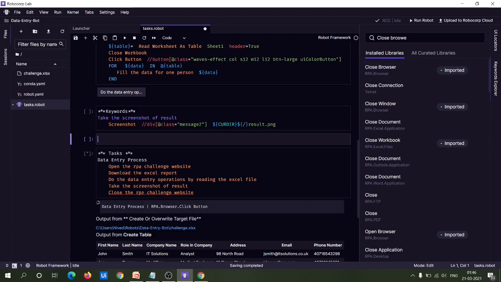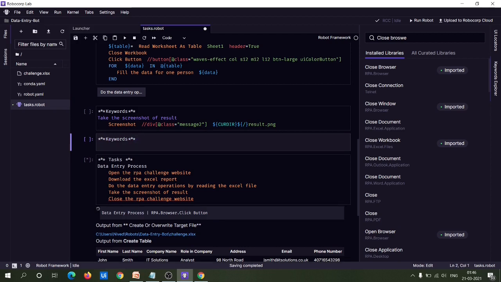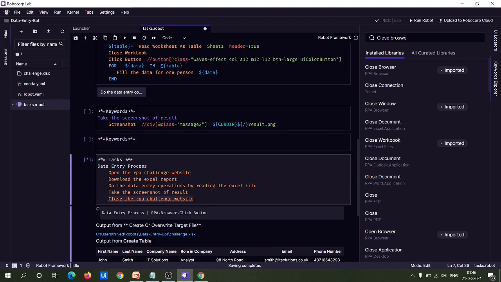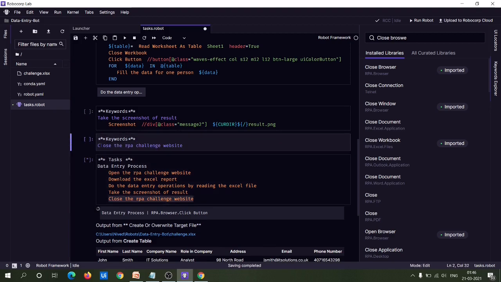First, you have to define this keyword. So to define this keyword, let me create a keyword cell. Now under this, you can specify the keyword name like this. Okay.